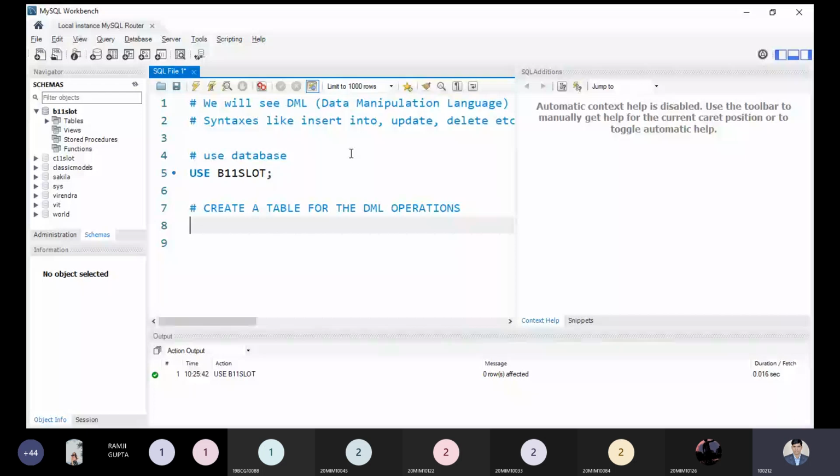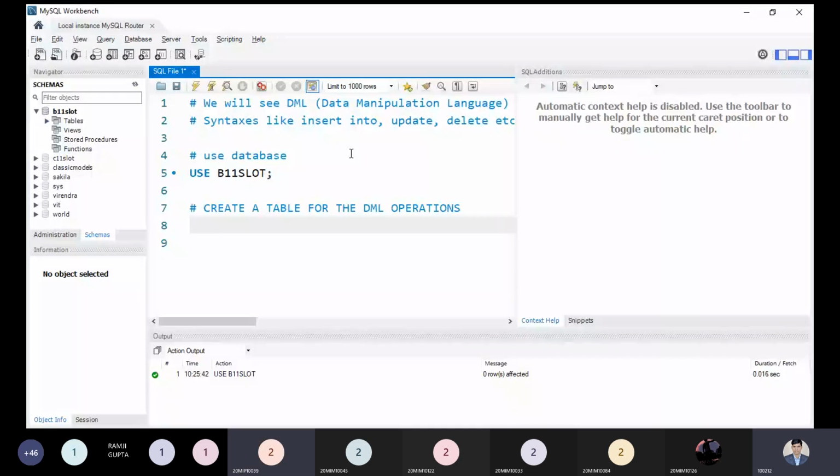Can you tell me any table name, data type, or attribute name so we can create it?